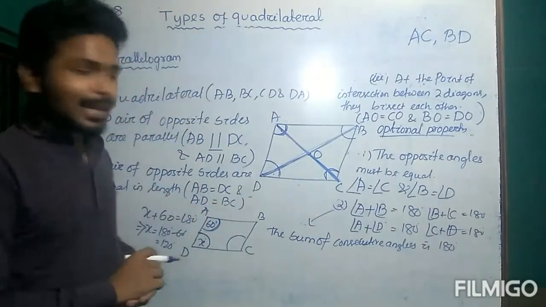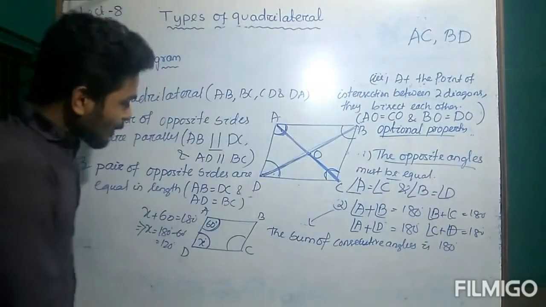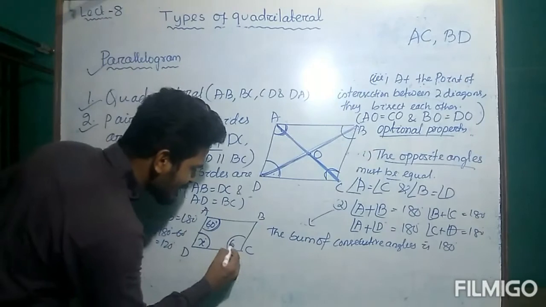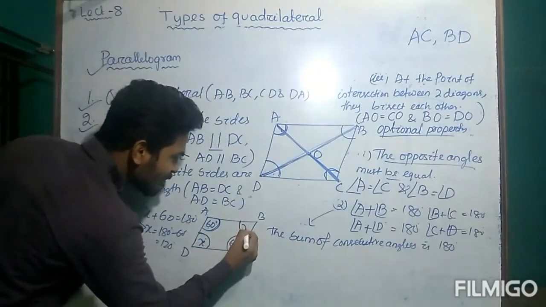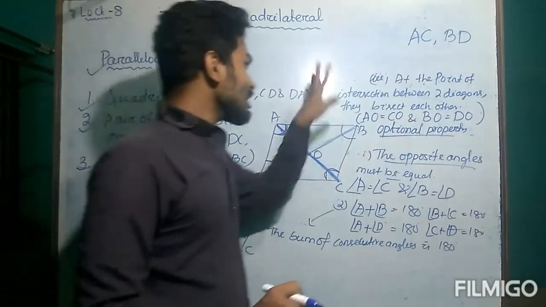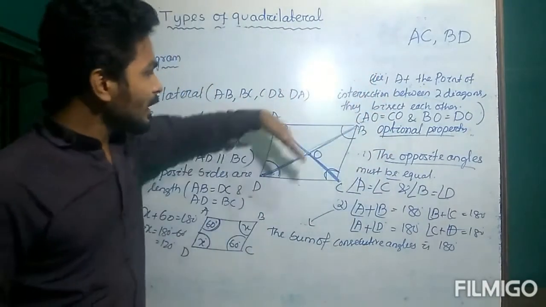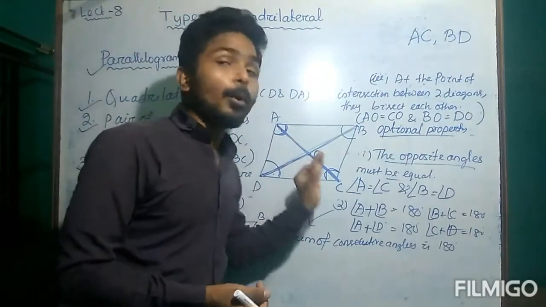In the first property, opposite angles are equal, so if it is 60 degree then it must be 60 degree. If it is x then it must be x because opposite angles are equal. Understood? Next, the third and most important property is that the two diagonals bisect each other at the point of